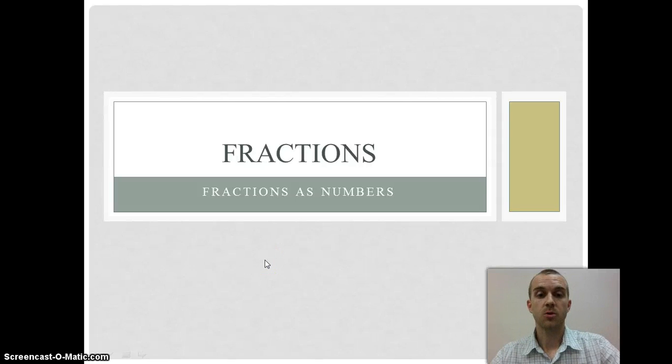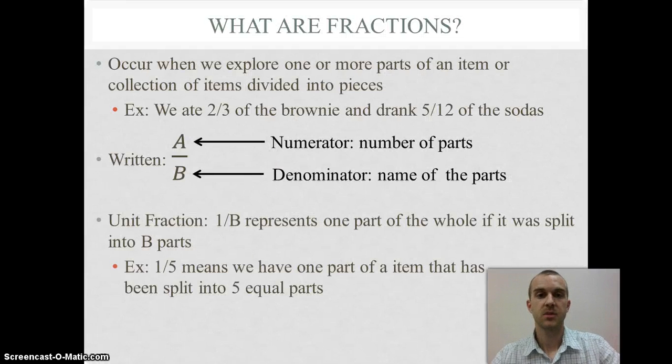In this video, we'll explore fractions as numbers. Fractions occur when we're looking at parts of collections or parts of items. For example, if we talked about eating 2/3 of a brownie or drinking 5/12 of a soda. When we're looking at that, we have to recognize that our fraction has two components, the numerator and the denominator. Our numerator represents the number of parts that we are examining, and our denominator represents the total number of